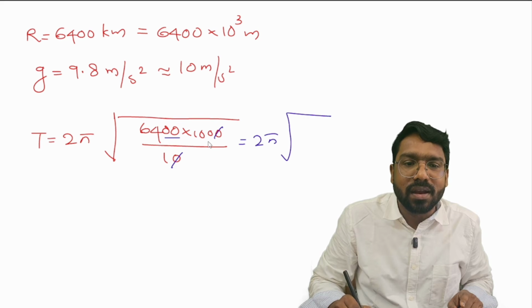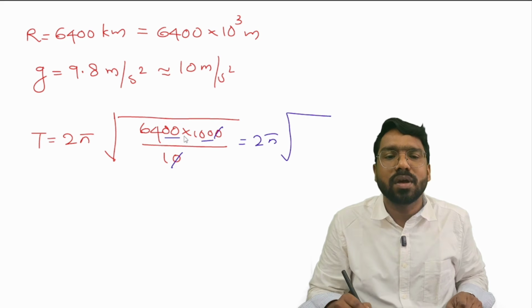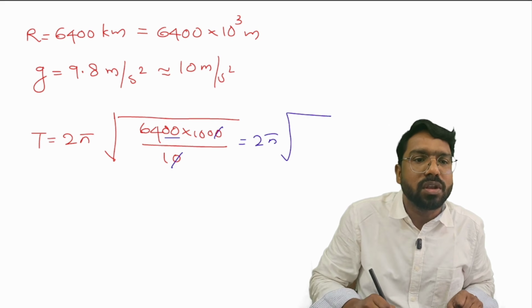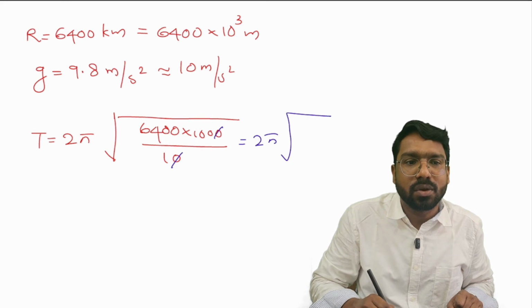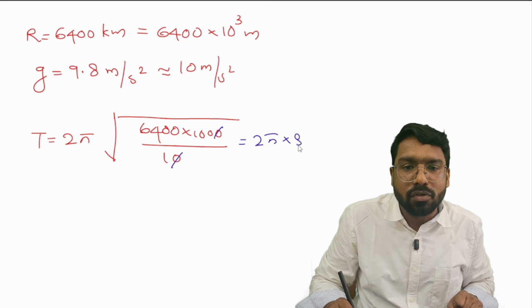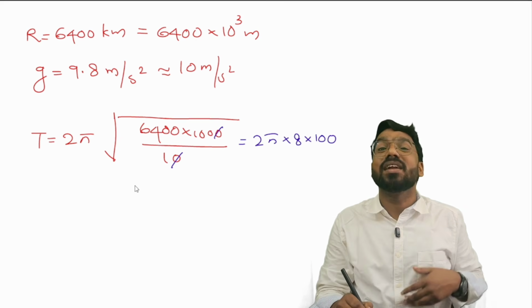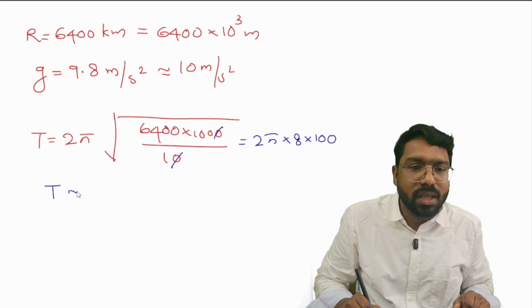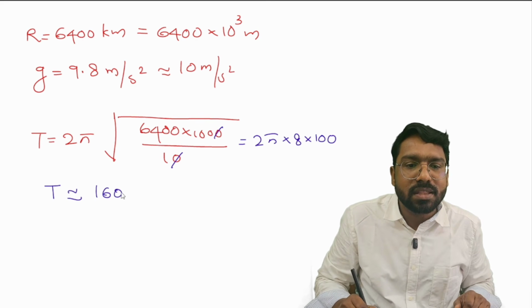Then 100. No need of square root here. Okay, 2 pi into 8 into 100. So T approximately we can say 1600